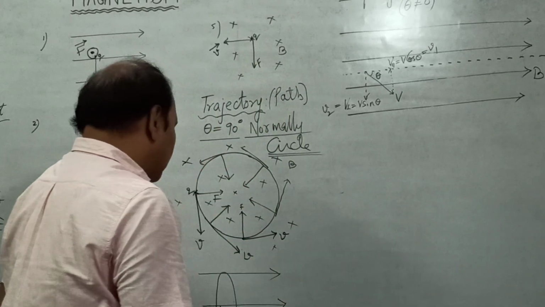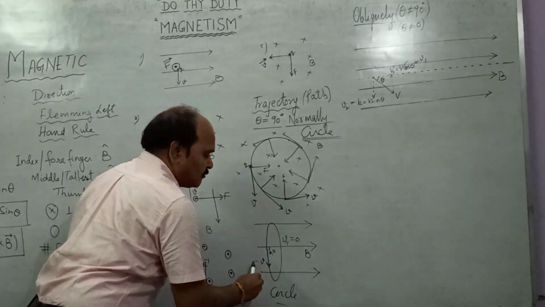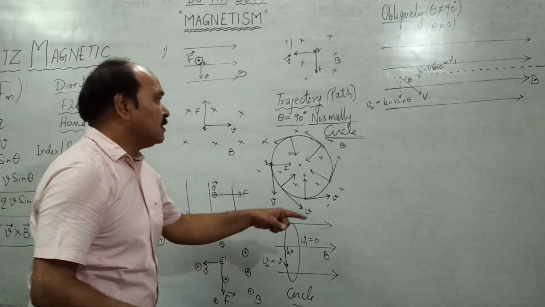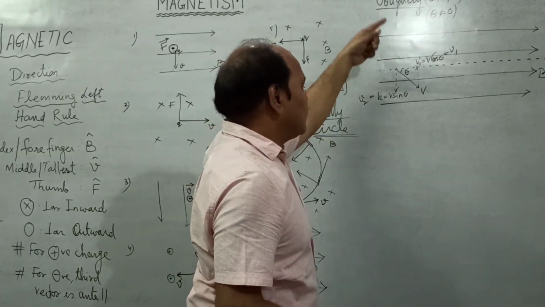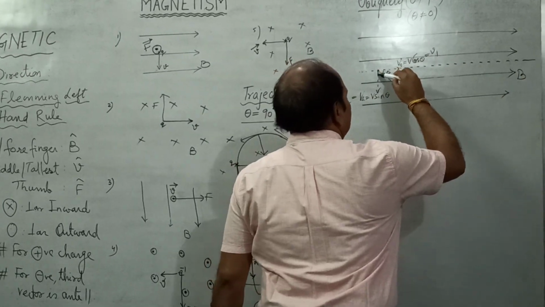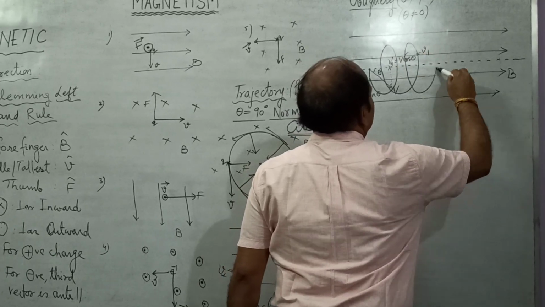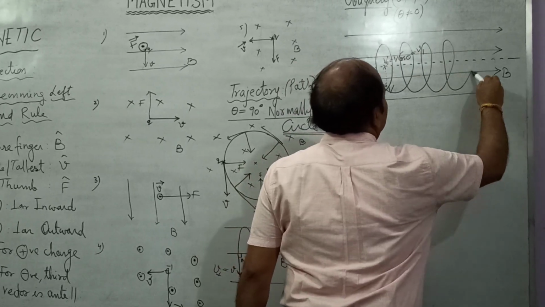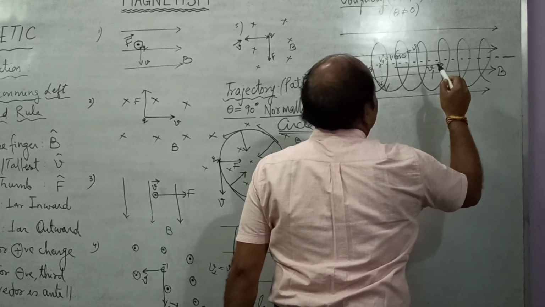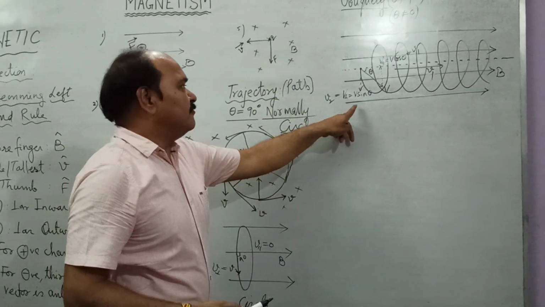In the last case, the velocity along the magnetic field was 0. The whole of the velocity was perpendicular to the field. So because of this perpendicular velocity, it moves on a circular path. But at the same time, it has a velocity along the magnetic field. Therefore, it will not only move on a circular path, it will also progress along the magnetic field like this. So it will move along the magnetic field with the velocity v1, and it moves on the circular path because of the velocity v sin theta.